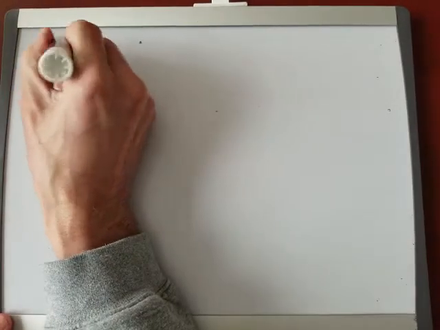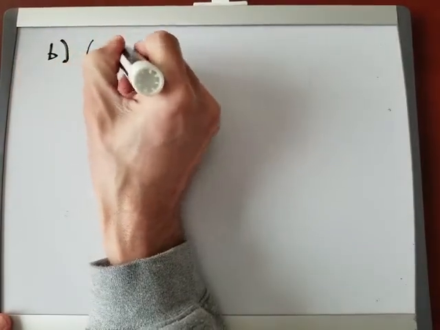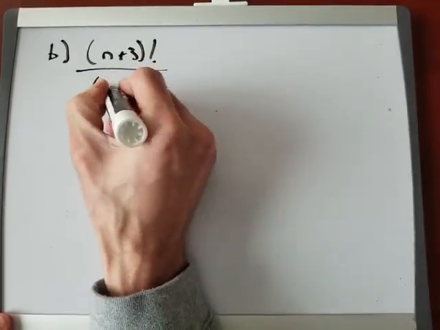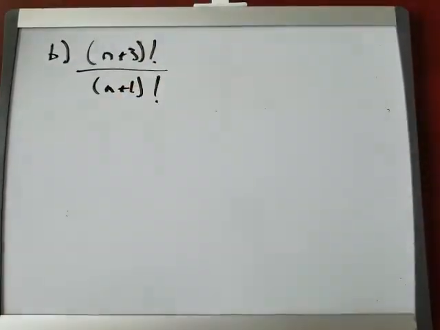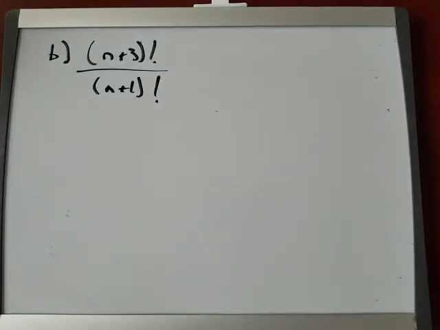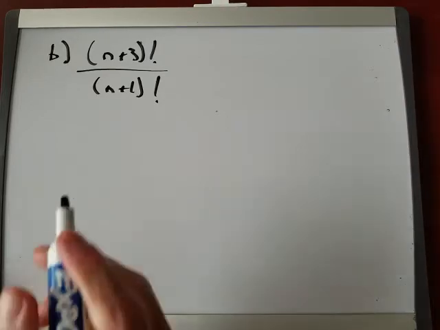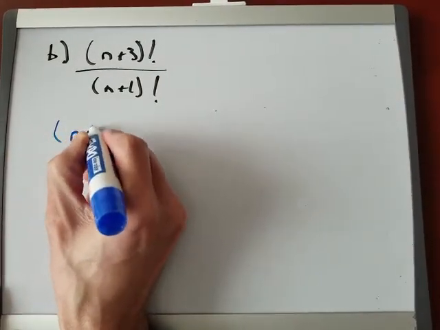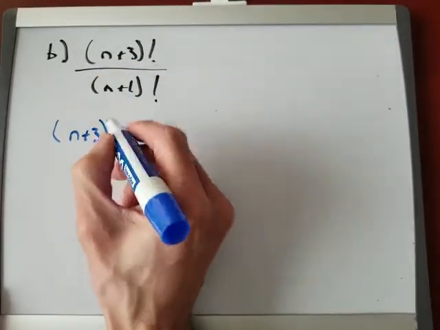So the second example I gave you was n plus 3 factorial divided by n plus 1 factorial. So again, I know right away it looks weird. Why are we starting with n plus 3? Why isn't it just n like what was in our notes? What we're saying is we can take any number and we can write it out in its definition, its factorial notation. So if we take the numerator, n plus 3, and go 1